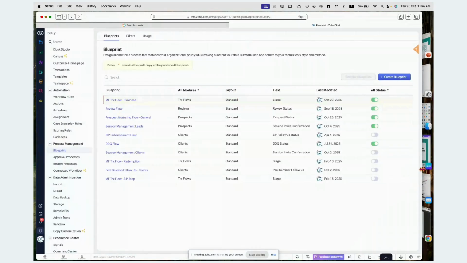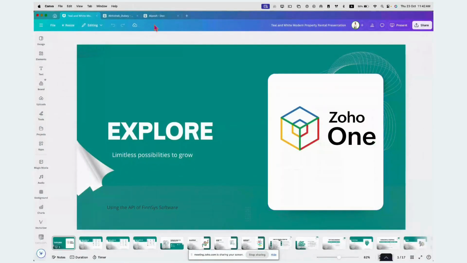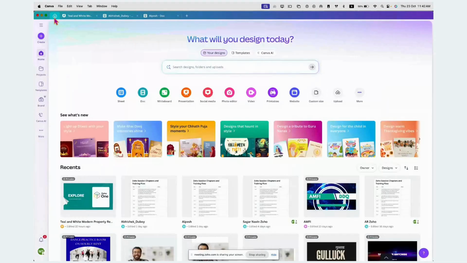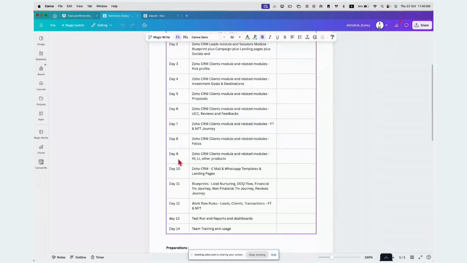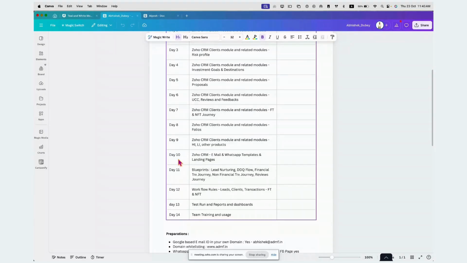Now, as a process, I have this table which I will share with you. We create Zoho session chapters. Chapters are day 1, day 2, day 3, day 4. We give you a calendar which you can book accordingly, maybe 2 a week or 3 a week as per your convenience. We have a very flexible calendar, morning to evening, late evening also.